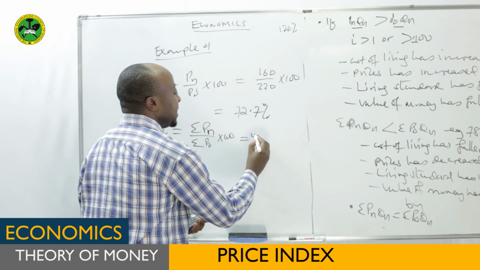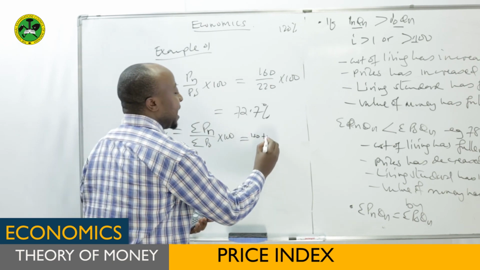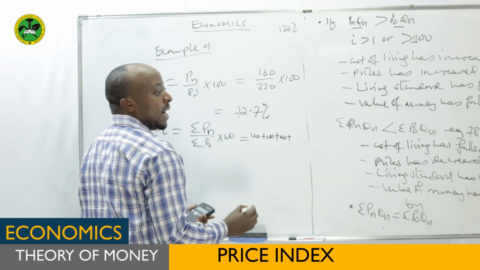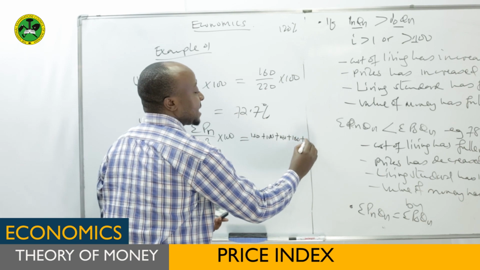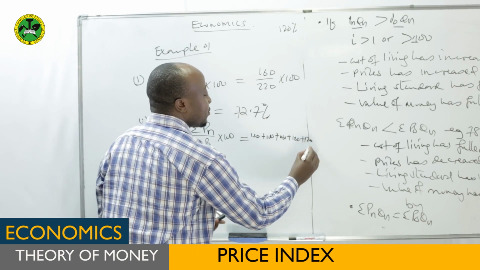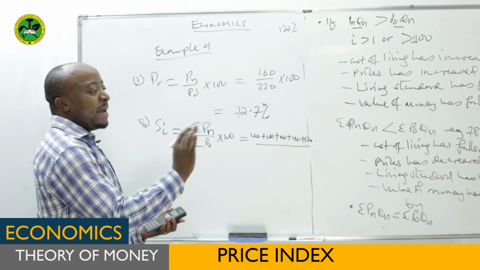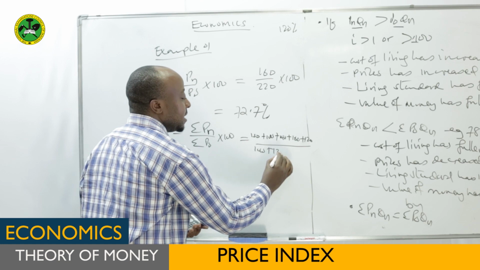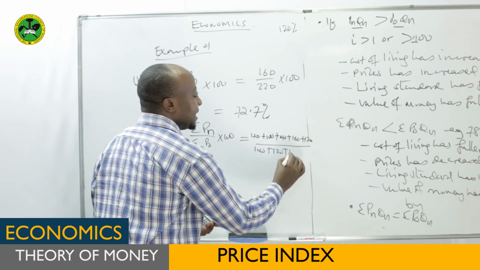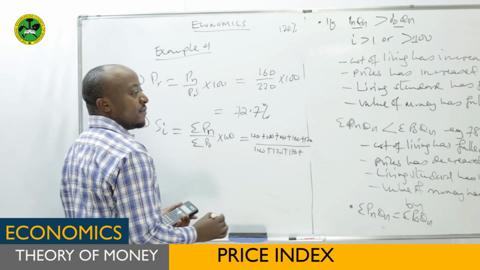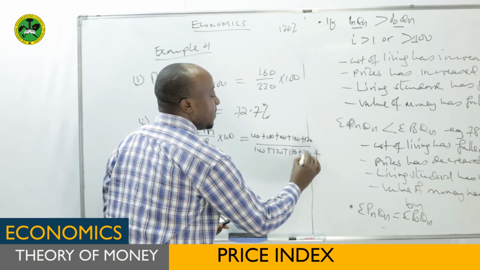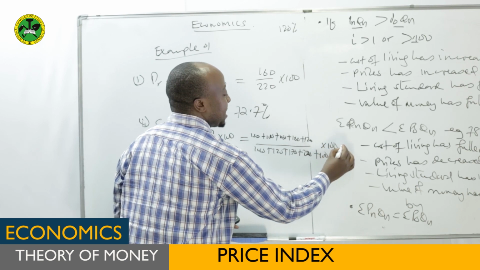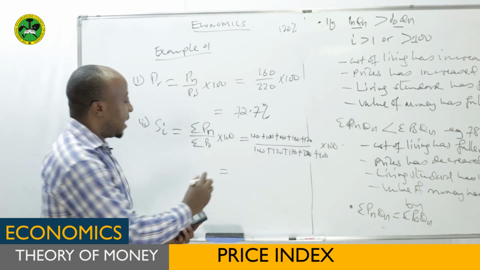We have 150 plus 100 plus 140 plus 160 plus 120. This one will be divided by the base year: we have 140 plus 120 plus 170 plus 220, then plus the last one, which is 100, and this will be multiplied by 100. If you add in the calculator, you get